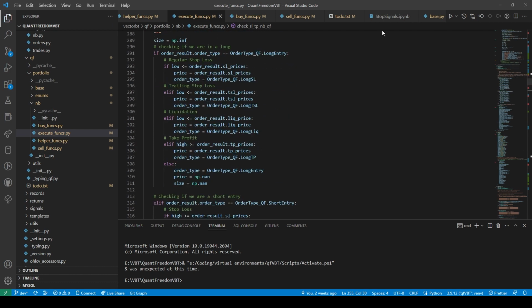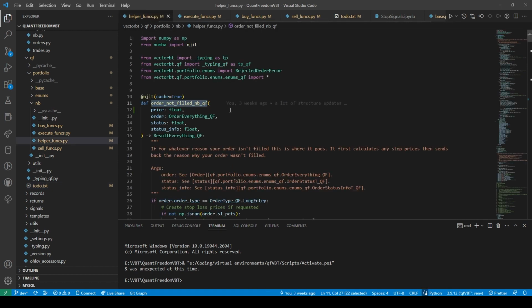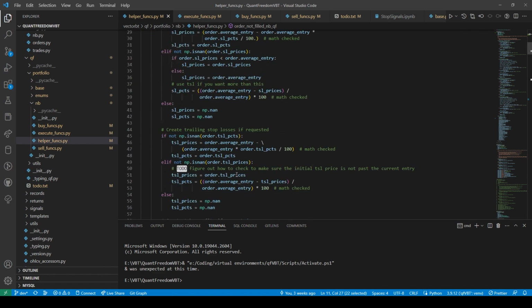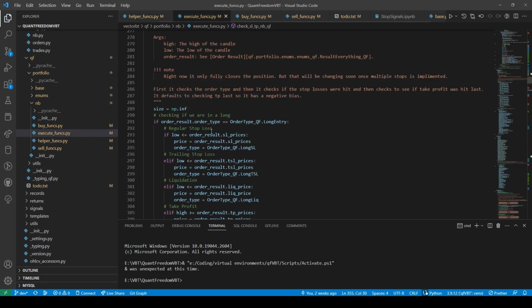Because if this is true, then I have to set. So this is kind of nuts here because let's say that I do move my stop loss to take profit. Then, I guess,